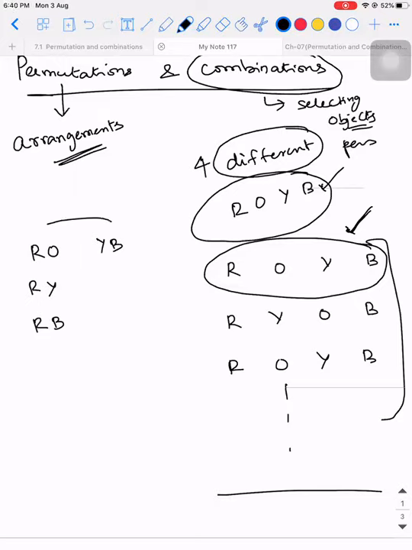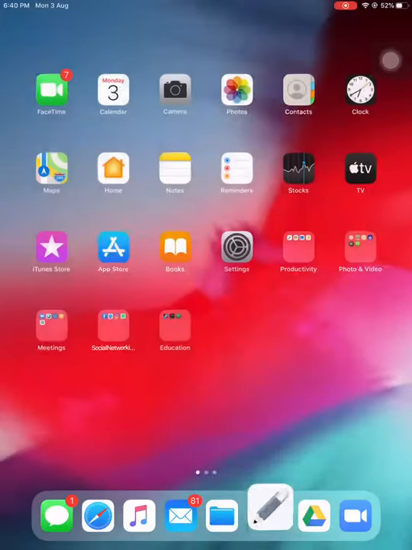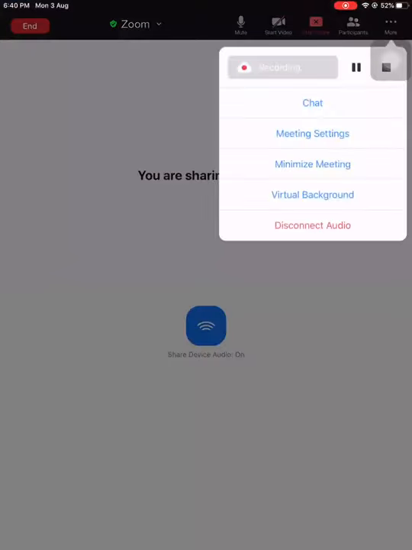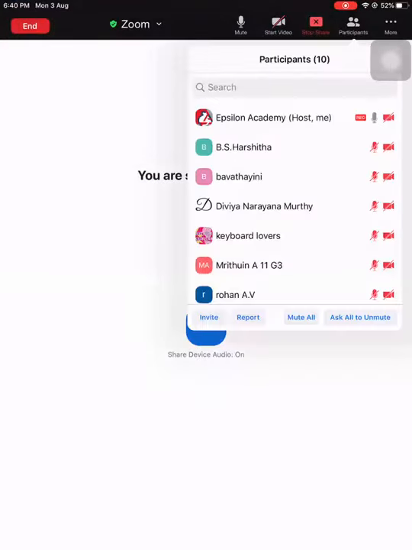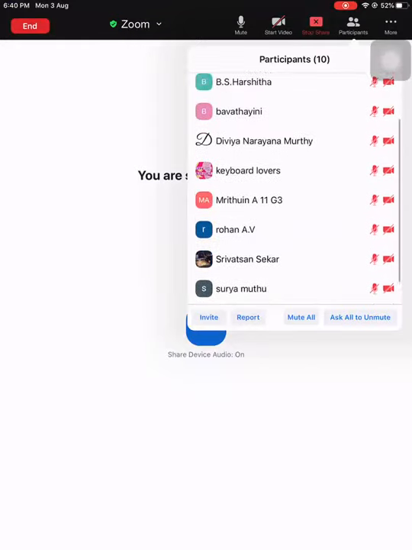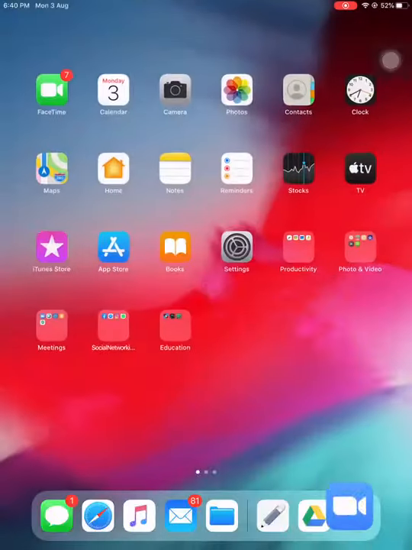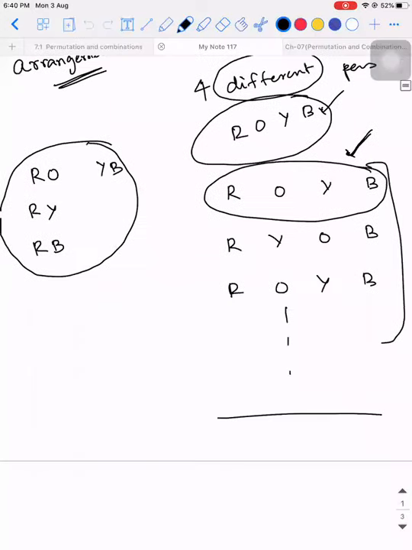So the process of selection is what is called combination. The process of arrangement is what is called permutation. So is this point clear? Do you guys understand the difference between these two? So permutation means arrangements, combination means selection. That is picking up something. If these basic terms are clear, I will proceed with the remaining part of the chapter. I'll proceed to the main context. Are you guys clear with this? Yes, sir. Okay.